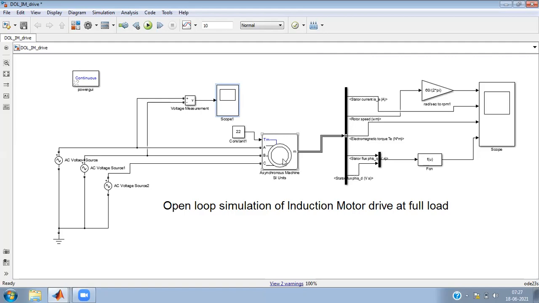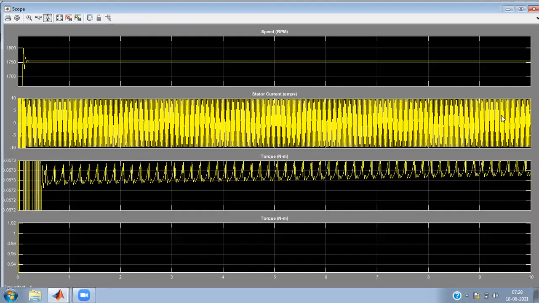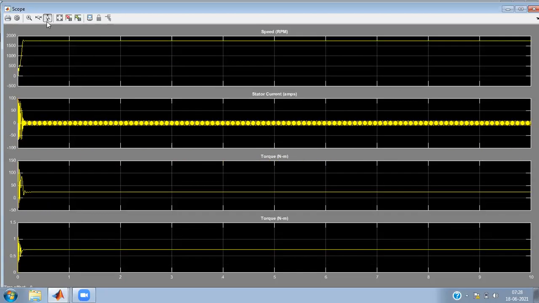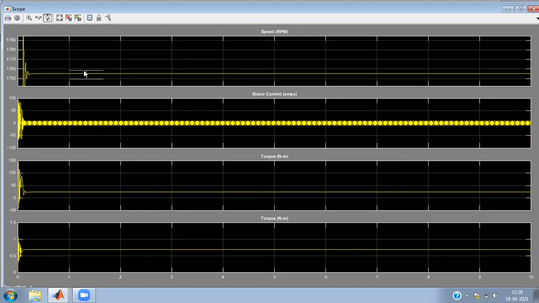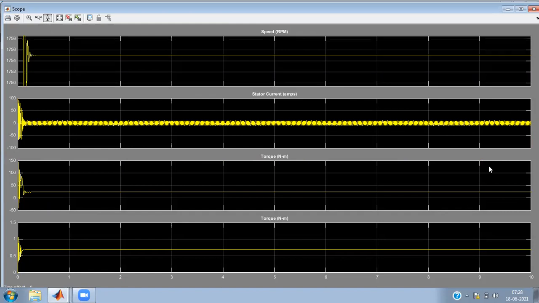With this, I should get the required speed, required torque, and whatnot, right? So let us see the simulation parameters. You can see over here once again. This is the speed at which the motor is running. What is the rated speed? 1750. Let's see whether it is that. Yes, you can see it is almost 1750. It is a little more than 1750 because the load applied is a little less. Instead of 24.44, I have applied 22. So yeah, it is running at the speed mentioned in the rated condition.